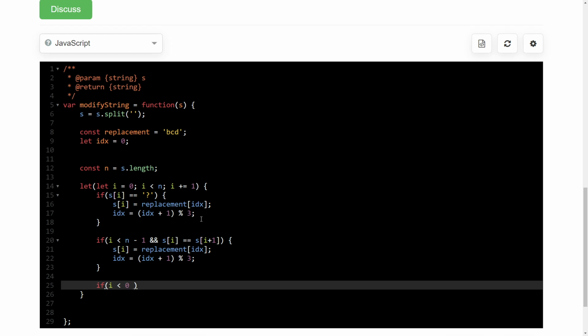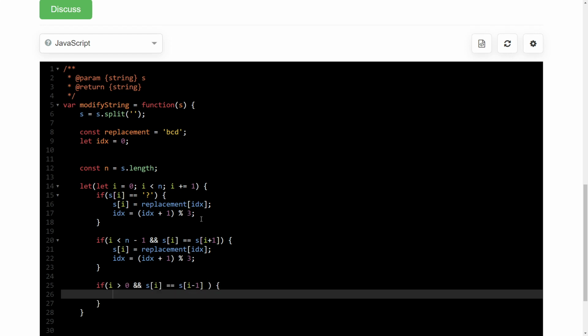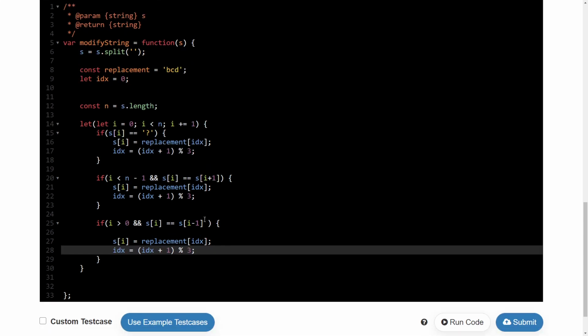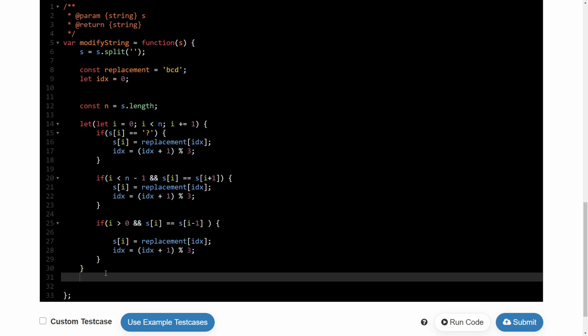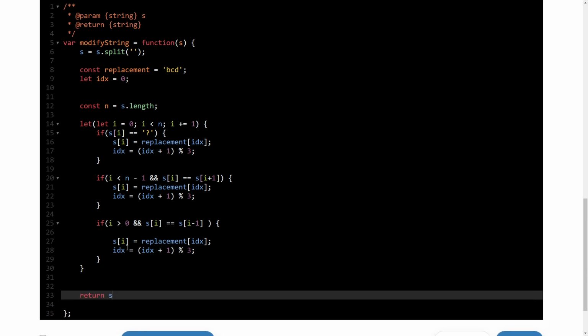Similarly for the left neighbor, I will check if i is greater than 0, because index 0 does not have a left neighbor. If it is, then I do exactly the same thing. I already cycled, then I just consume it. Right, so what is the technique which we are using? Replace with any of these characters, check both the neighbors and cycle it. So at least one of these three should satisfy the condition, either B, C, D or C, D, B, something like that. Because as I mentioned, there are only two neighbors, so at least one out of 3 should satisfy it, and we just return them.